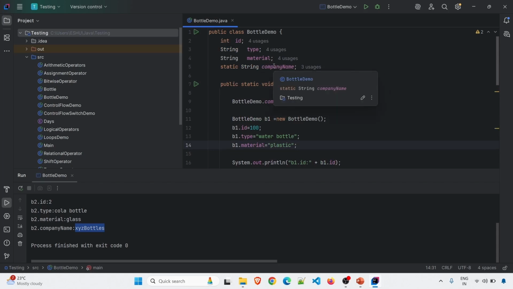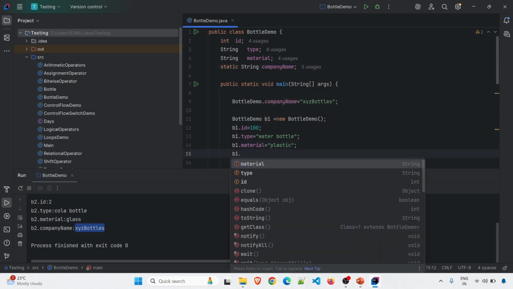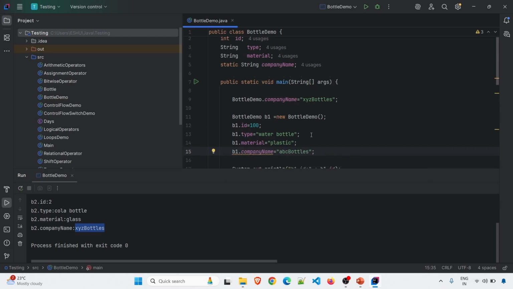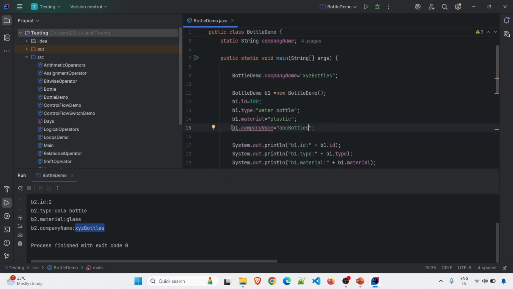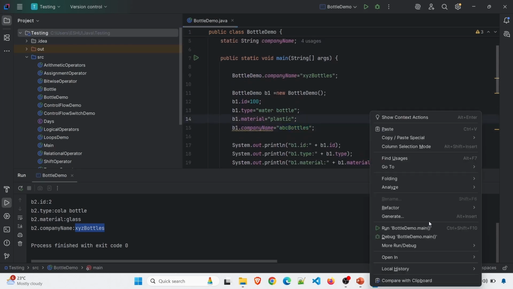Also for static variables I can prove that only one copy is created for all the objects. How can I prove that? Suppose I change the value from object 1. Let me change it to ABC Bottles. Now since only one copy is created, if I'm changing the value from this object, it should change for this object as well. So if I run the code,